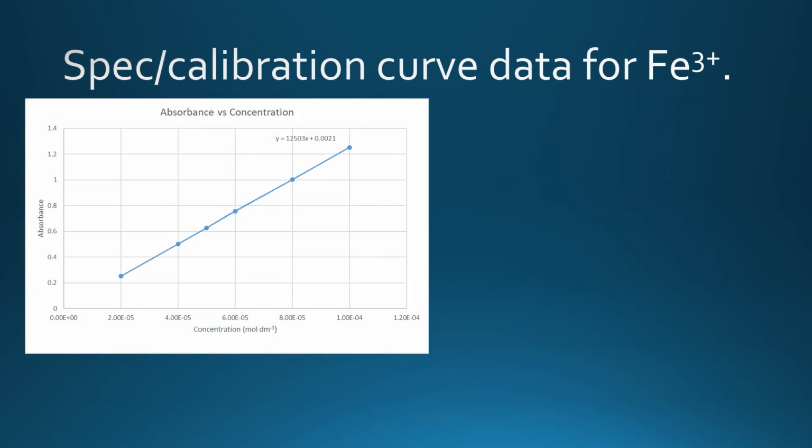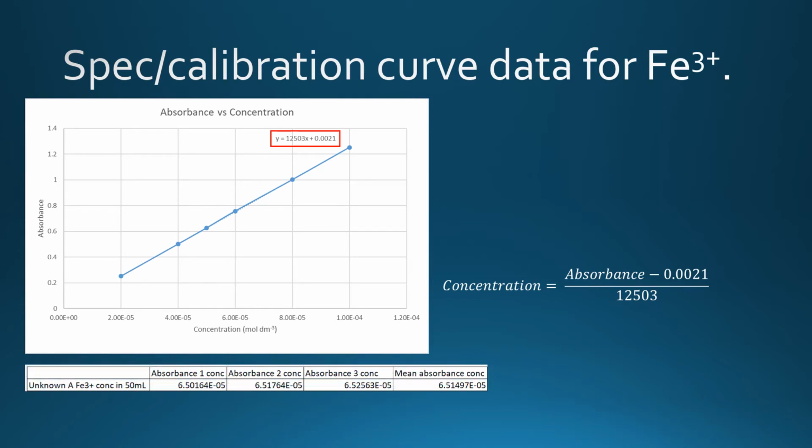We then are able to plot this on an absorbance to concentration graph, which is our calibration curve. We then grab the equation of this line where y is our absorbance and x is our concentration. We can rearrange this to work out what our concentration is of our unknown, as we know what the absorbance is. And calculating it here, in this 50 milliliter dilution, we have 6.51 times 10 to the minus 5 moles